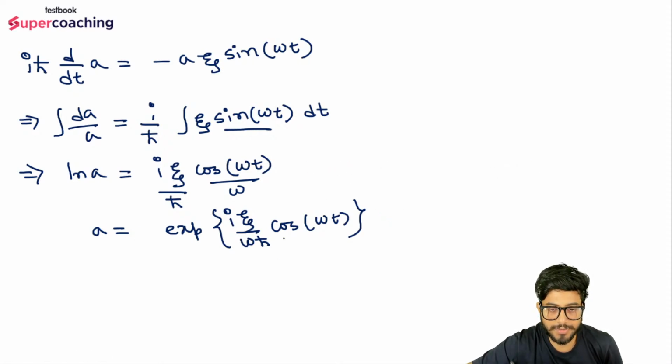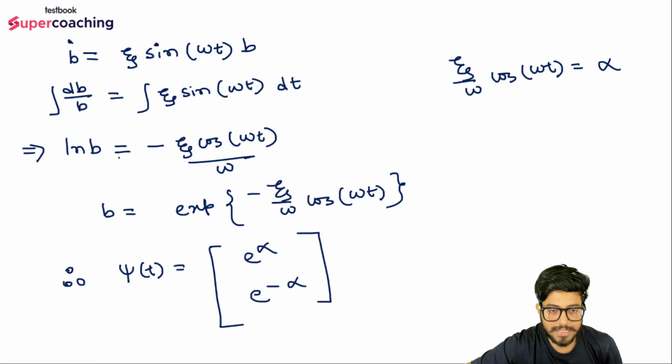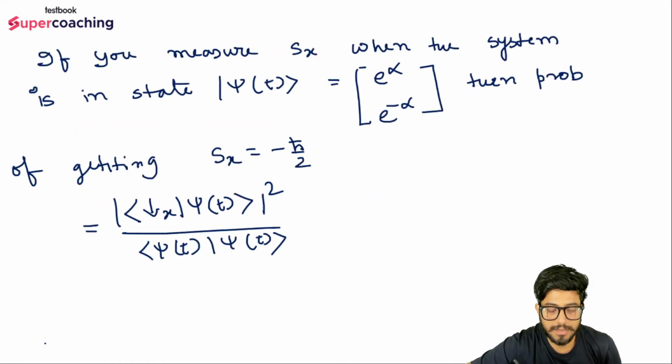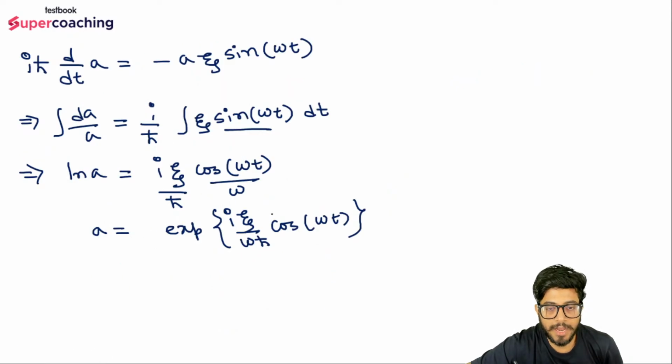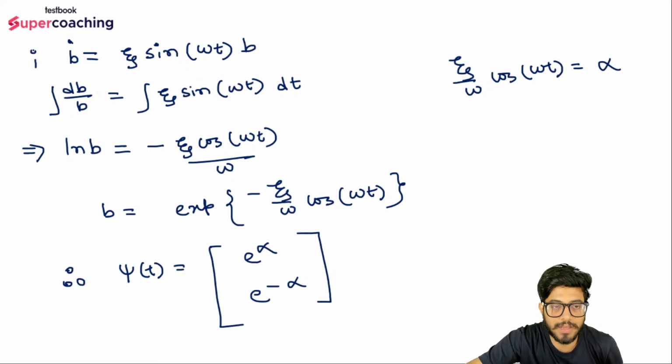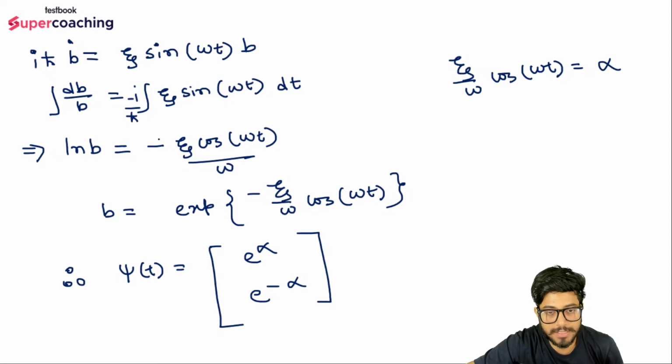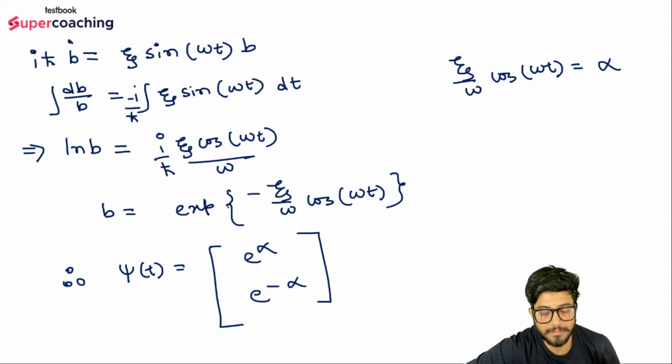So A is equal to this thing, I can say. If A is this and B is this, then A is I zeta by omega h cross. Similarly over here also, here I have an I h cross, which will come here, minus I by h cross. Fine, so it will be minus. After integration, you are getting a minus. This will be plus I by h cross, isn't it?